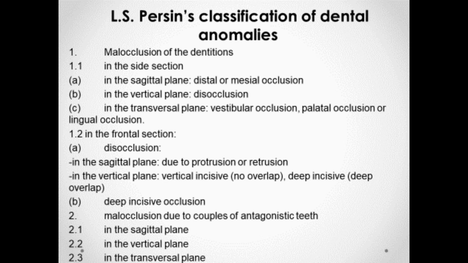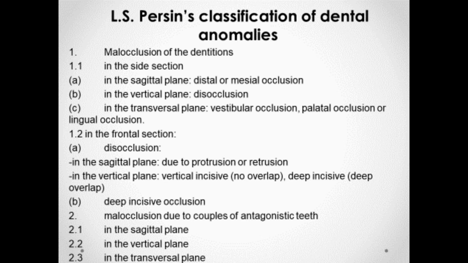In the frontal section, disocclusion. In the sagittal plane, due to protrusion or retrusion. In the vertical plane, vertical incisive, no overlap, deep incisive, deep overlap. Deep incisive occlusion. Malocclusion due to couples of antagonistic teeth: in the sagittal plane, in the vertical plane,